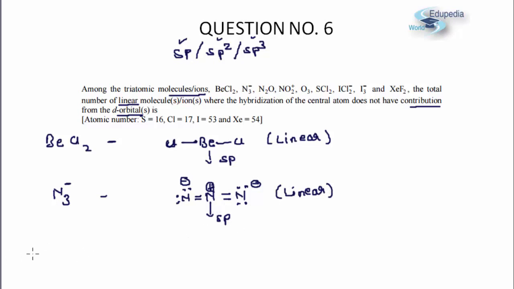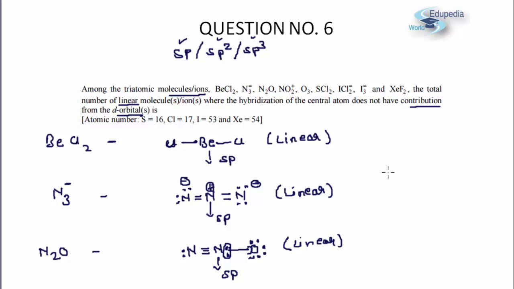Let's look at N2O, nitrous oxide, also called laughing gas. N2O structure will be drawn as N triple bond N, lone pair, and 1 oxygen over here. And in case of second period elements, after completion of octet, we always draw a coordinate bond. So this nitrogen atom forms a coordinate bond to this oxygen atom. You can see 1 sigma, 2 sigma, no lone pair. So that makes a steric number of 2. So again this nitrogen will be sp, and since it is sp it will be linear. Okay, fine. The first 3 meet our criteria.